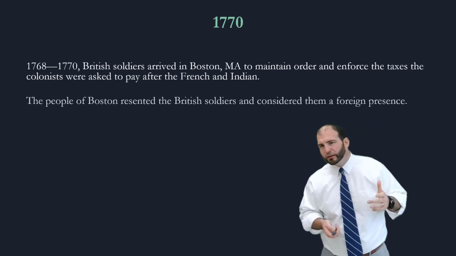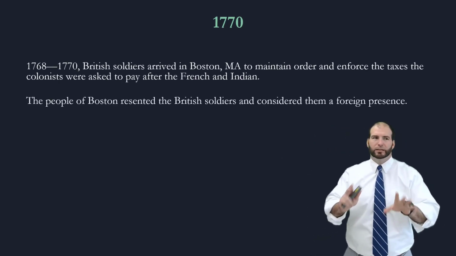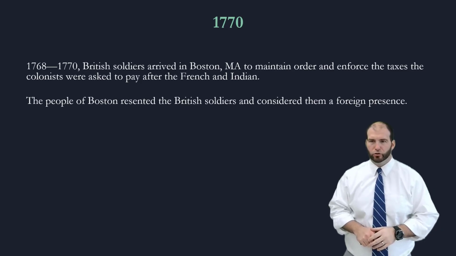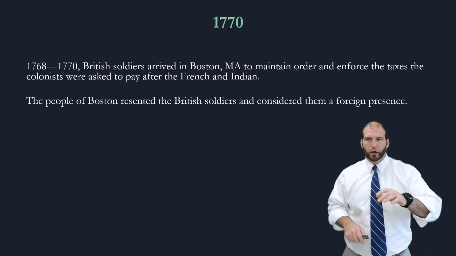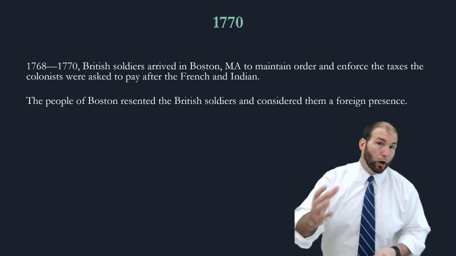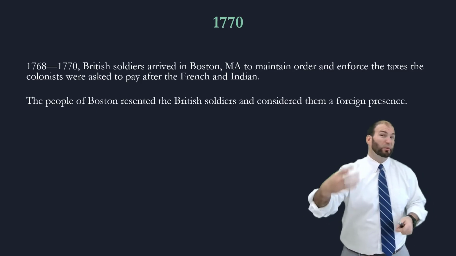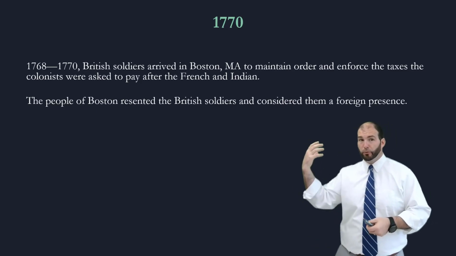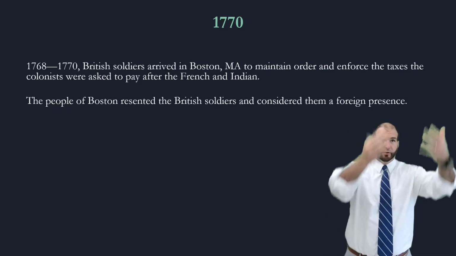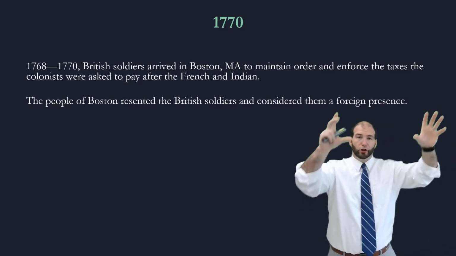So this is a crazy situation that happens. And this is where tensions start to skyrocket. So Boston, 1770. So Boston is kind of the heart of people that are upset at the treatment from England. It is the largest port at the time. It's in Massachusetts, in what was called the New England area.